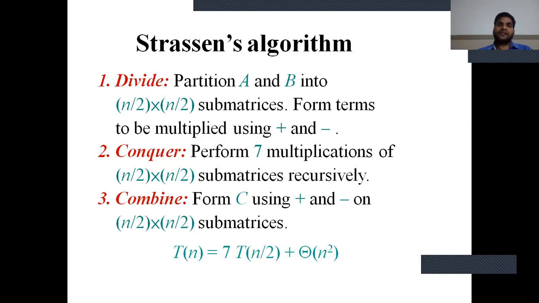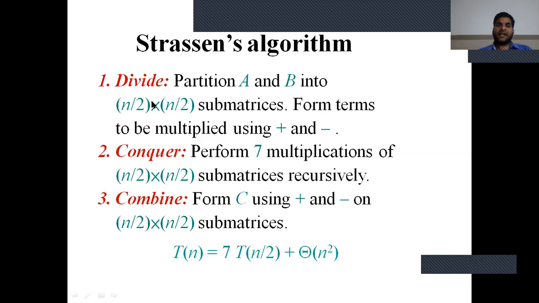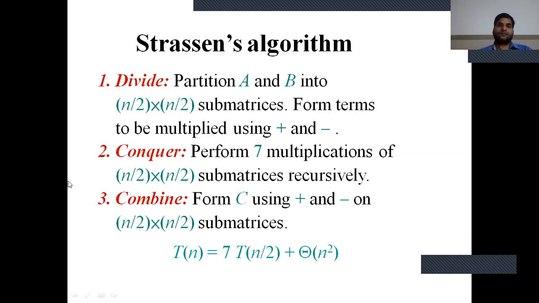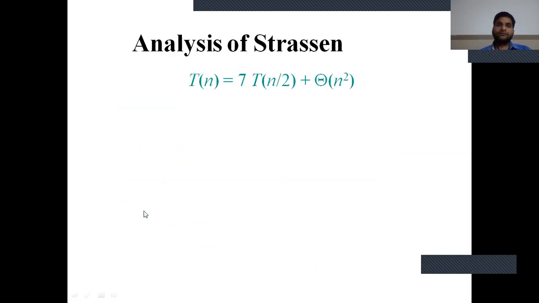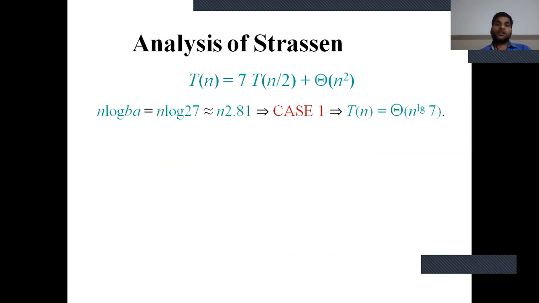Then the recurrence of Strassen's algorithm is T(n) equals 7T(n by 2) plus theta n square. Theta n square means the number of elements in the A matrix multiplied by the B matrix, the total number of elements equal to n square. Then we solve the value of this recurrence equation, the time complexity theta n equals n to the power log base 2 of 7,